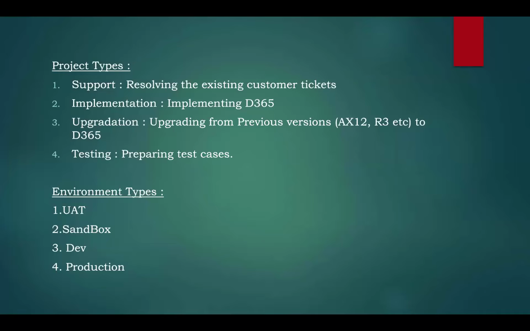And the different environments that you might frequently hear are UAT, sandbox, dev, production, vanilla, right? So these are the different types of environments that you're going to hear. The ones which we, as functional consultants, are going to use are UAT and sandbox. Production is not for testing, only to fix or to understand customer issues. Dev is for the technical side.